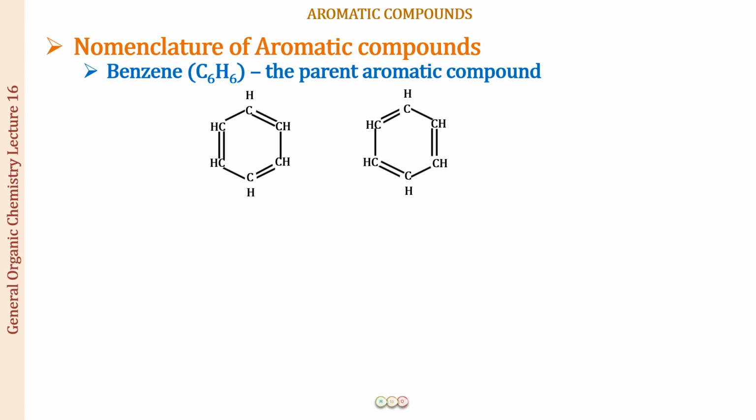And another structure which is possible is if you just alternate the position of the double bonds and the single bonds, so these are the two resonating structures for the benzene ring. Another way in which we can represent the benzene ring is with a circle instead of the double bonds. What this represents is the delocalization of the pi electron cloud. We can represent this by a complete ring or by a dotted ring as well. So these are the various representations for benzene.